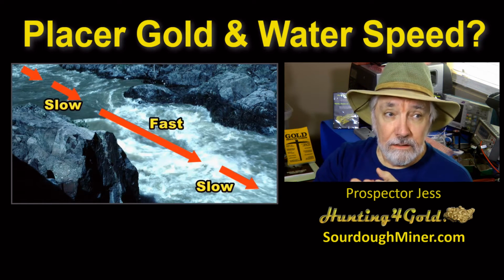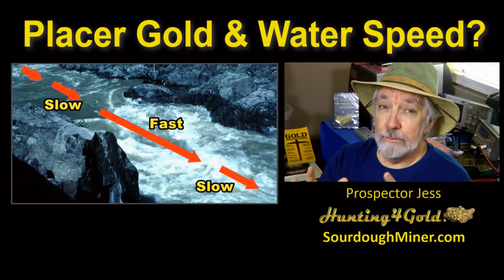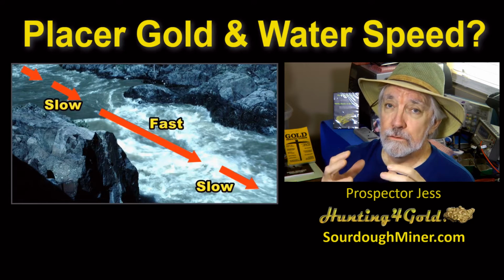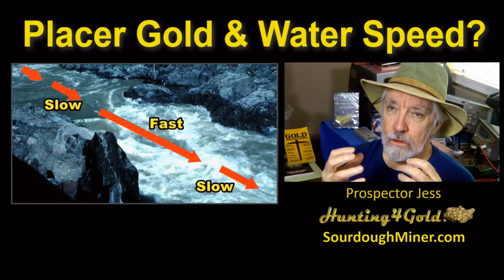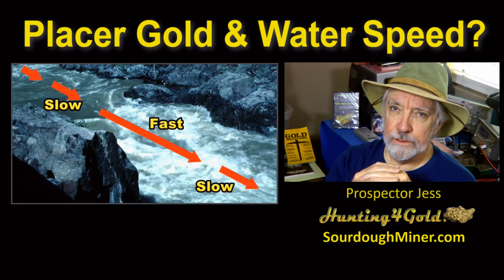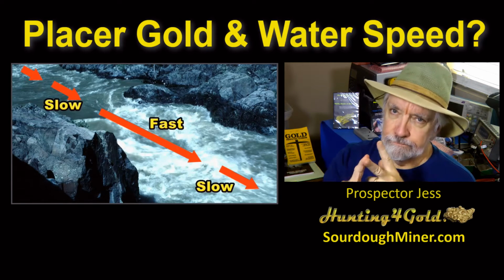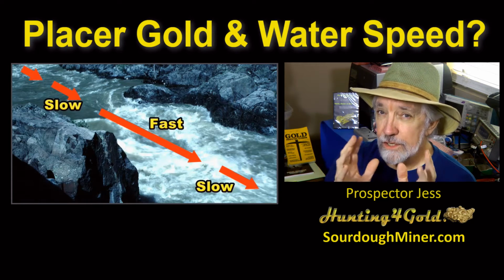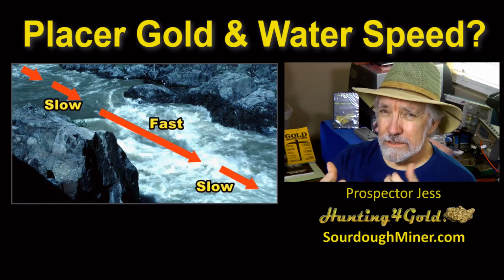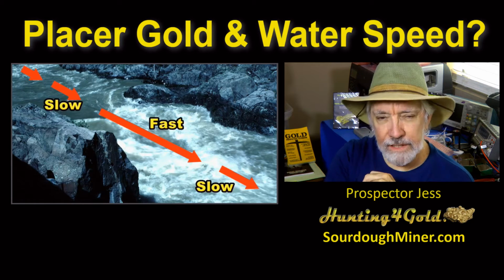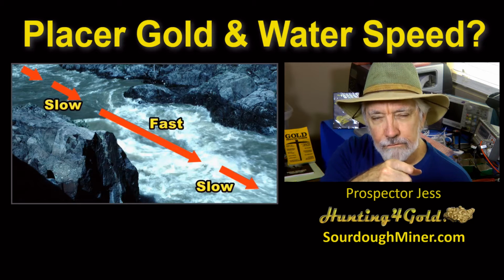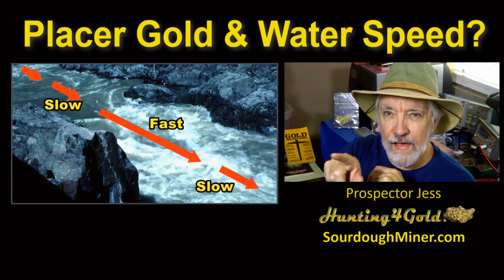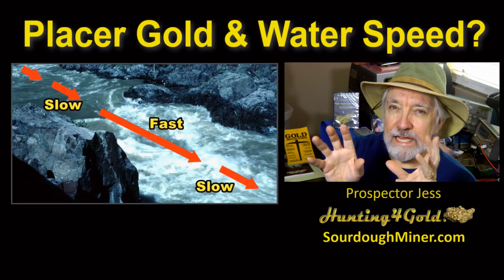Tonight we're going to talk a little bit about how placer gold is dependent upon water speed, and specifically what you're going to be looking for when you're looking at placer gold and water traps or concentrators for gold. Placer gold in particular. That's nuggets, coarse gold, fine gold, and flour. So what we're looking for here is variations in the speed and what it does to gold. As you can see, I have a picture here that shows kind of a slow, fast, and then slow section of the water flow. And the idea is that slow, fast, and slow section kind of indicates something that might